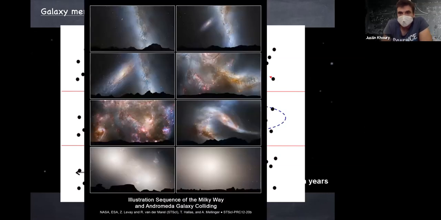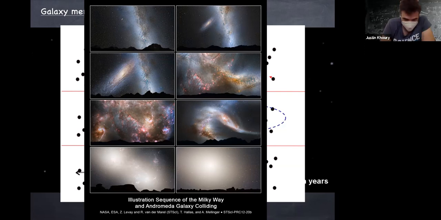Oh, by the way, this is how it's going to look in the sky 5 billion years from now. You start with the Milky Way, and then Andromeda is coming, and then poof, everything goes messy, and at the end, you're left with an elliptical galaxy. By the way, Avi Loeb at Harvard, who studied this phenomenon and has written papers on this future collision, has said that this will one day be his most cited paper, in 5 billion years.